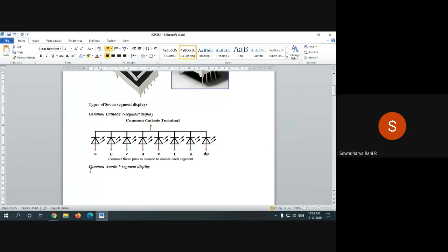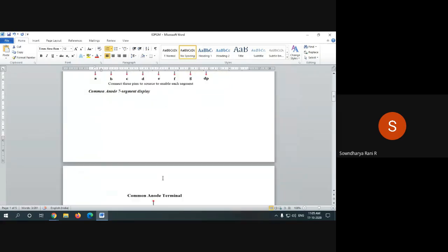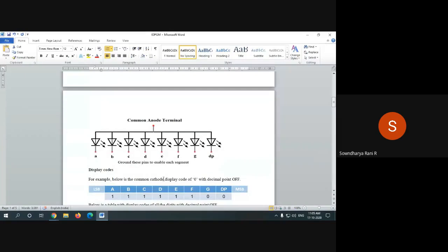The second type is the common anode 7-segment display. Here also you have A to G to enable a particular segment and one for the decimal point. You have a common anode terminal which should be connected to VCC.